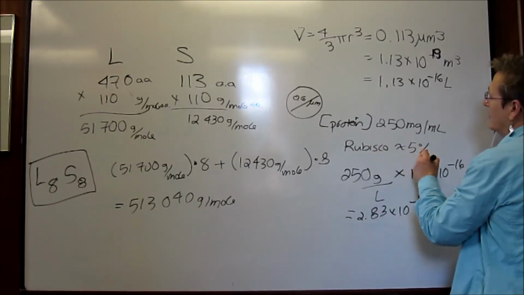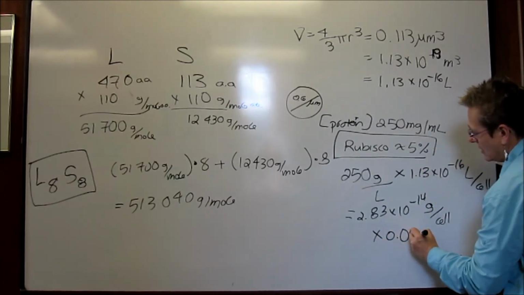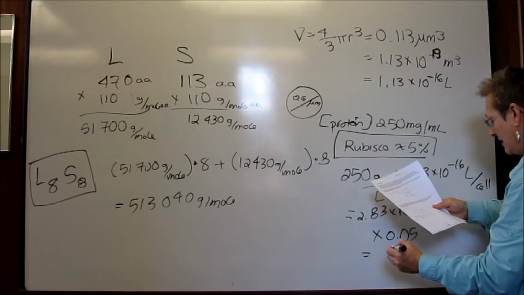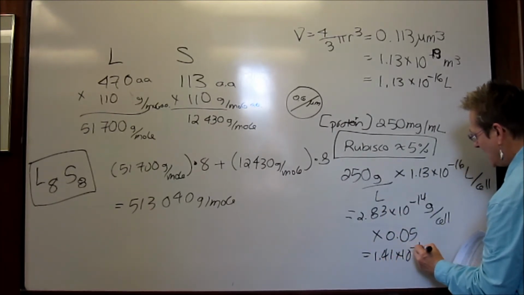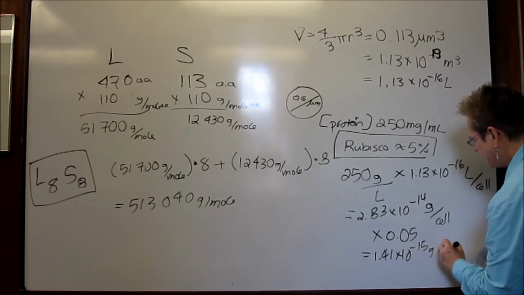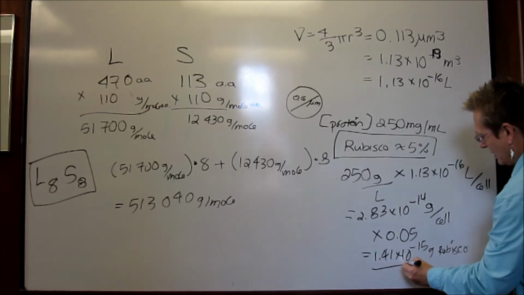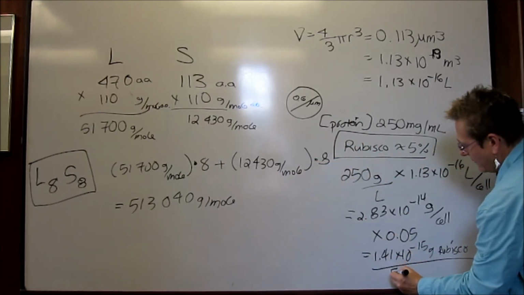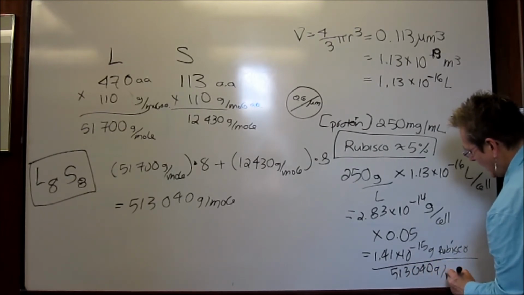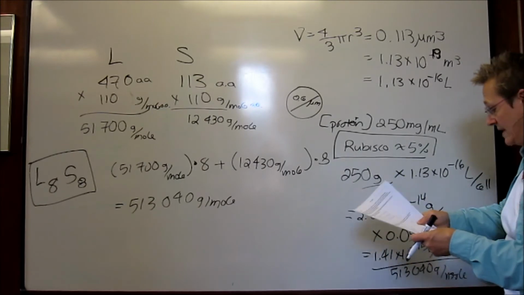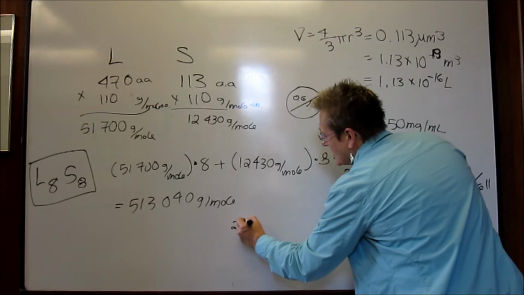Now I use this piece of information that Rubisco is about 5% of the total, and I end up with a new weight of 1.41 times 10 to the minus 15 grams of Rubisco. Okay, that's good. I can divide that by my molecular weight of Rubisco, 513,040 grams per mole, and I will get the number of moles of Rubisco in a cell, which is 2.76